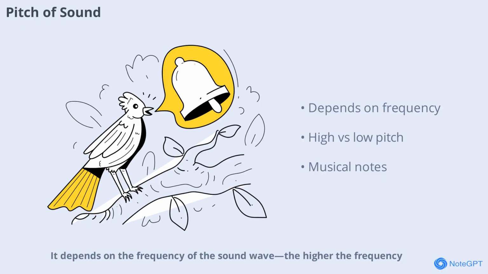It depends on the frequency of the sound wave. The higher the frequency, the higher the pitch. For example, a whistle produces a high-pitched sound while a drum produces a low-pitched sound. Musicians use pitch to create melodies and harmonies, and our ears are finely tuned to detect even small differences in